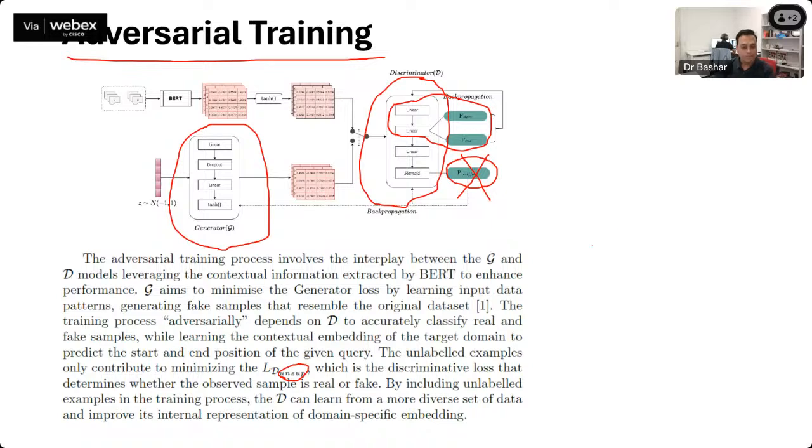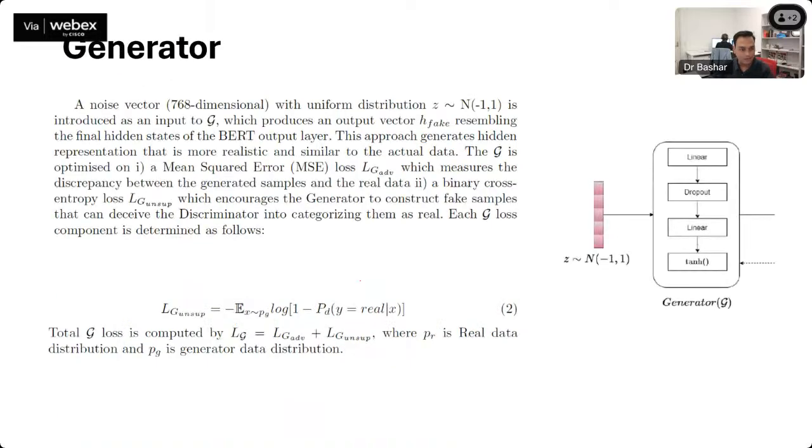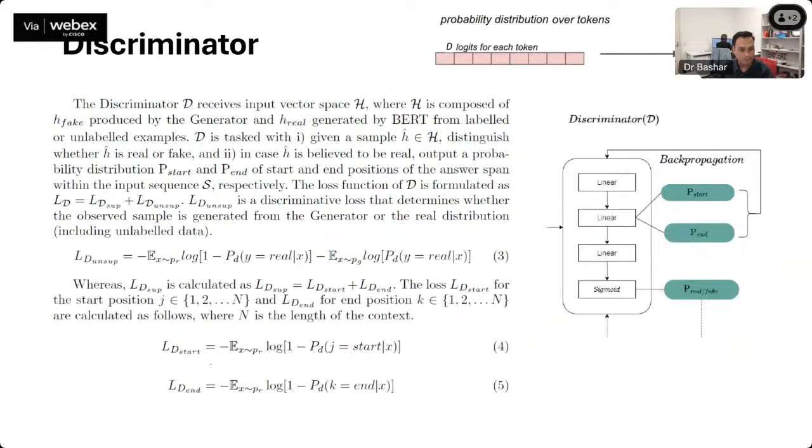Through that, you have this loss function, real and fake, and then the adversarial and unsupervised loss, and you combine them together. So that part is done: this is the real and fake part, and then you have the start and end position loss. Now, after all the training is done, obviously it is not going to be 100% perfect. Sometimes the answer might be wrong, or maybe partially wrong, and so we do some